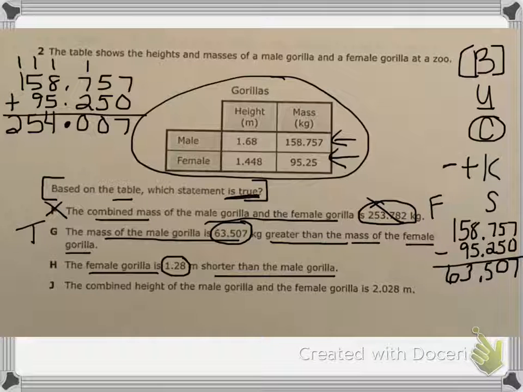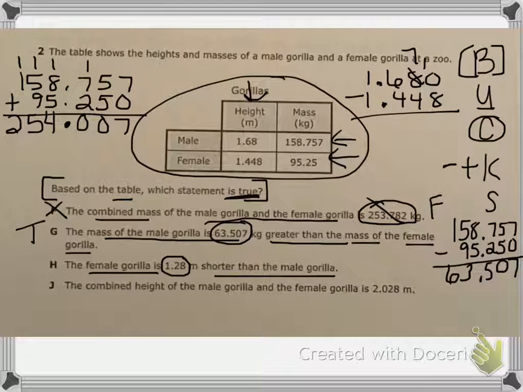So now we're looking at the height. So here's our height for our male and our female. So we're going to subtract the two to see if the female is that much shorter than the male. So we have to take the male's height, 1 and 68 hundredths. And we're going to subtract the female's, which is 1 and 448 thousandths. We place a 0 above the 8. So we have 0 minus 8, which you cannot do. You've got to regroup. So now I have 10 minus 8. 10 minus 8 is 2. 7 minus 4 is 3. 6 minus 4 is 2. Bring the decimal down. And 1 minus 1 is 0. So actually, the female gorilla is 232 thousandths meters shorter than the male, which is a false statement there, so